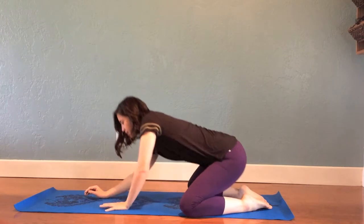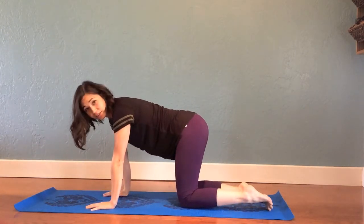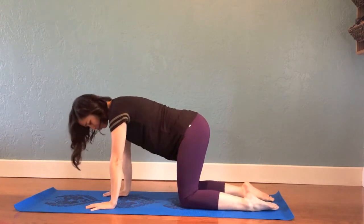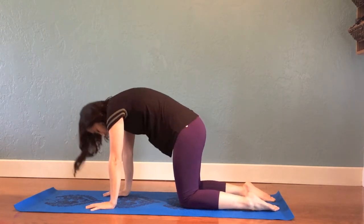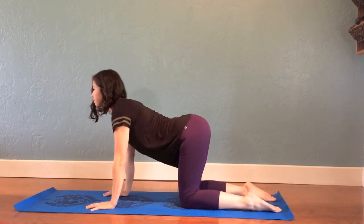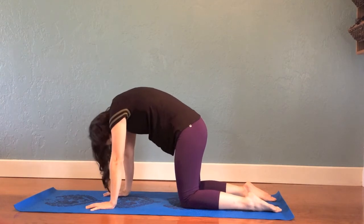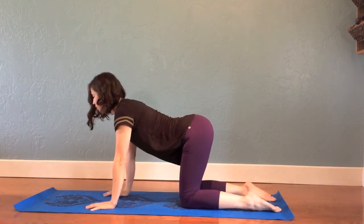So coming up to your hands and knees. Take a moment. Make sure that your fingertips feel planted firmly into the ground, and that the knees are about hips width apart. And we're going to take a big breath in, coming into cow, and then rounding through the back into angry cat. And you're just going to move from breath to breath, breathing in on cow and exhaling on cat. So you're just opening up the spine, mobilizing,